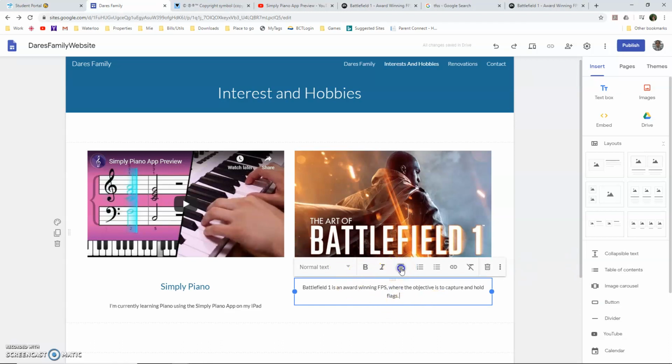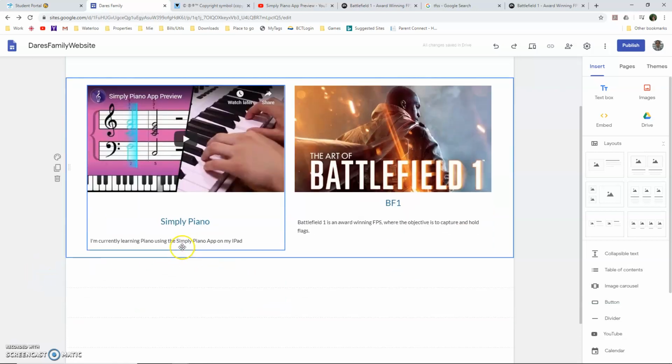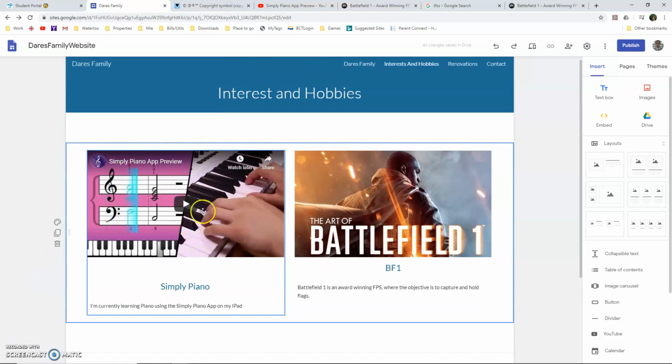BF1, and I'm going to copy some text in here to give a description. And I don't like the alignment of this. I'm going to go left align. I'm going to do the same thing for this. Change this to left align. And now I've satisfied the criteria that I have a YouTube video and I have a picture,